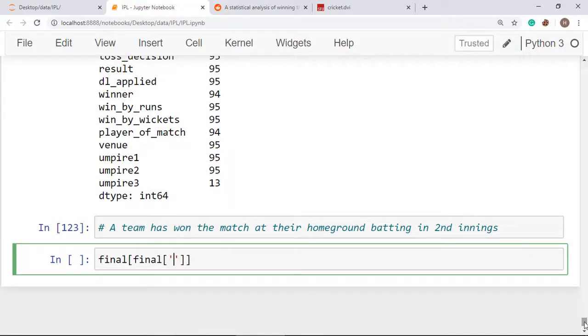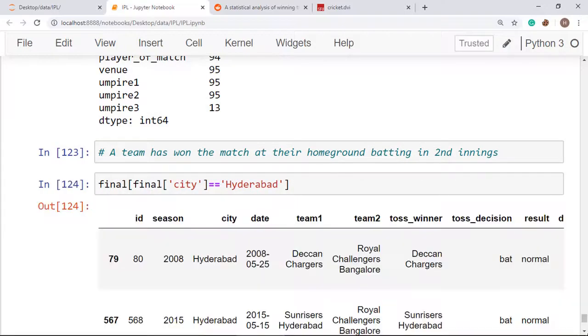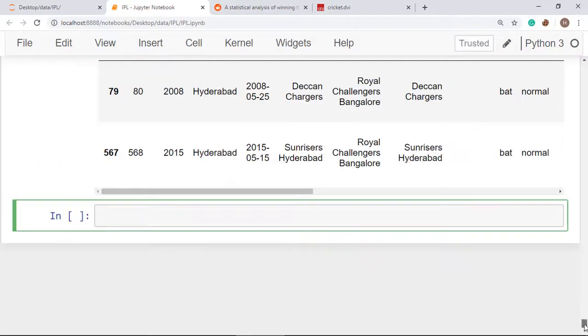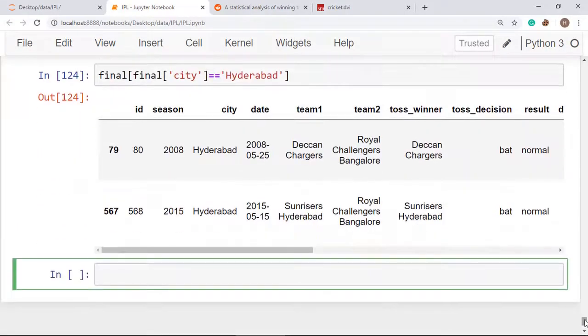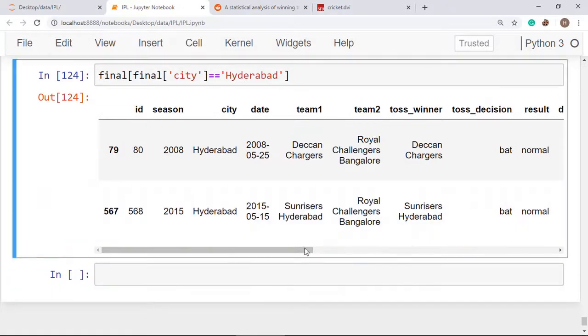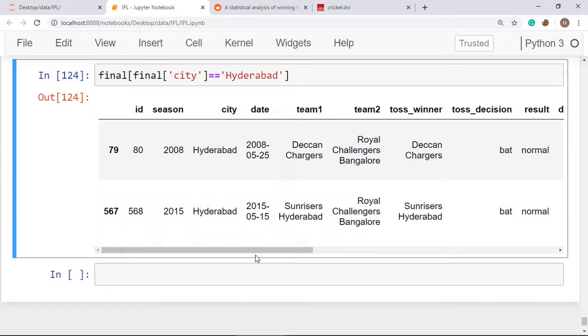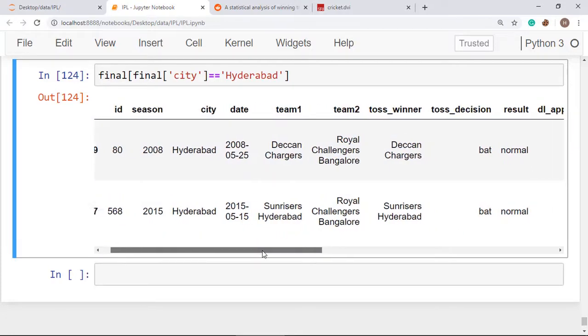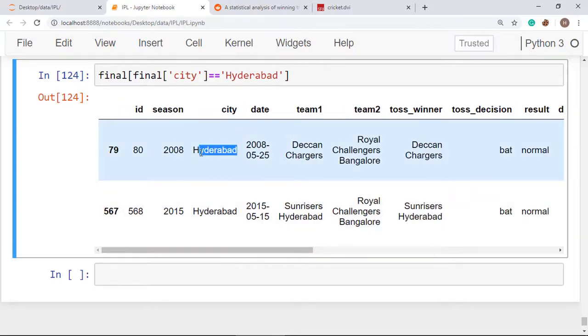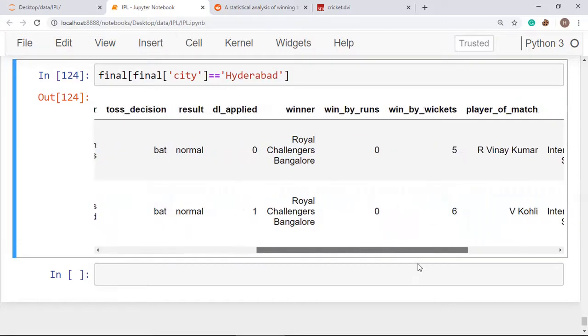Yes, city, and check that city is equal to Hyderabad or not, because in the last cell we have used Hyderabad. So see, there are only two matches when RCB has won the match when they were playing in their hometown in Hyderabad and batted second.